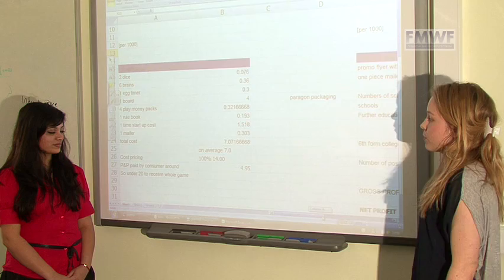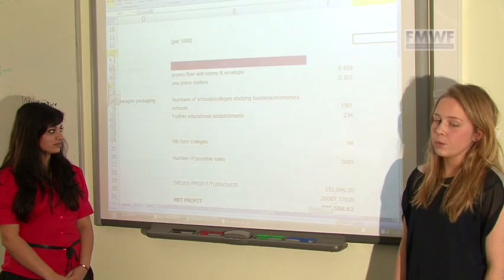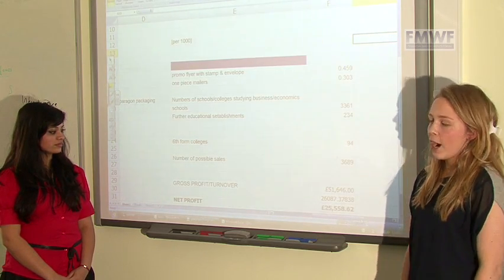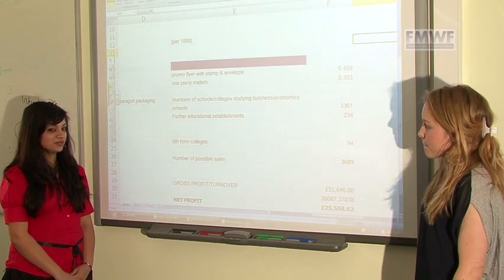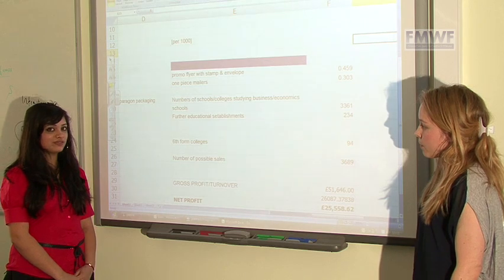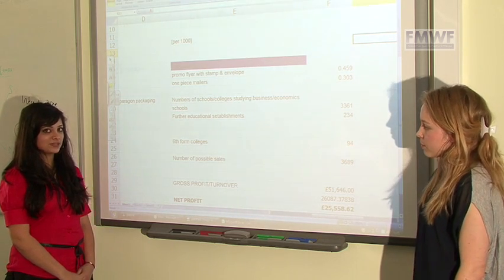We found that it would cost us £7 to produce 1 pack, and therefore we priced our board game at £14. We thought £14 would be a reasonable price to sell our board game for private use and to buy multiple copies for schools. We drew up a business plan to try to outline the thought processes behind how we reached the product